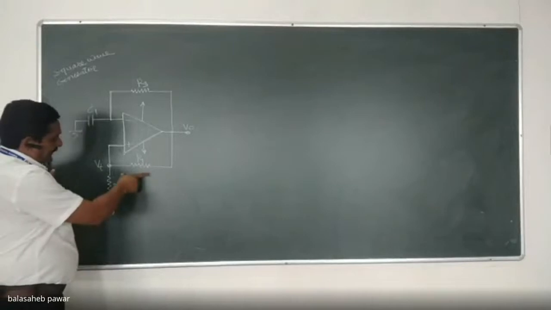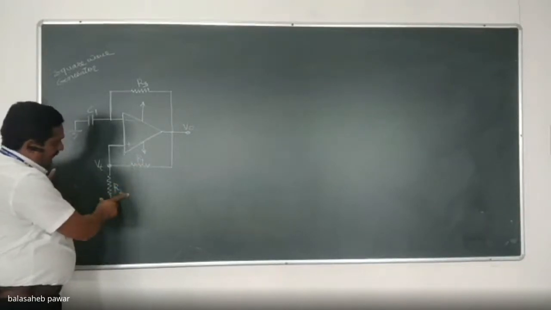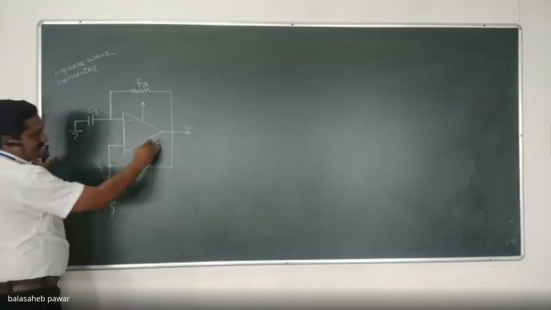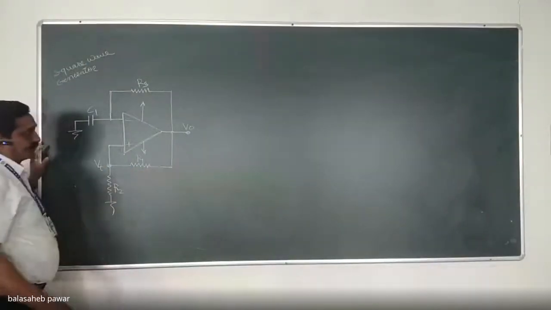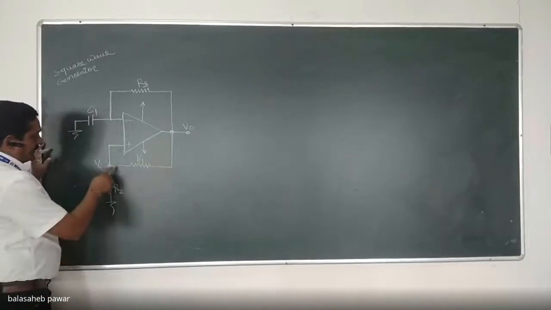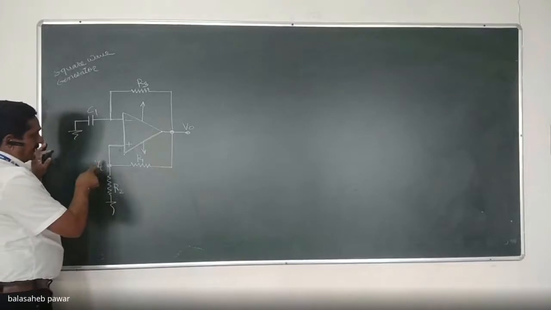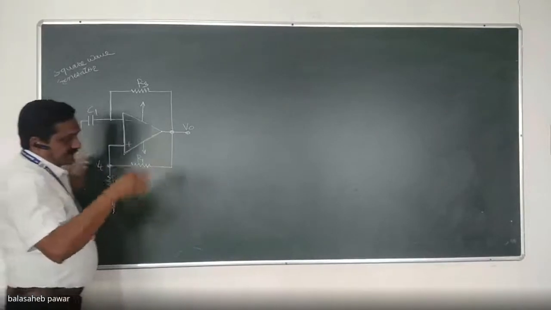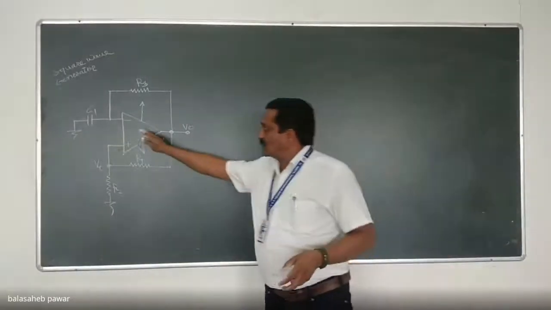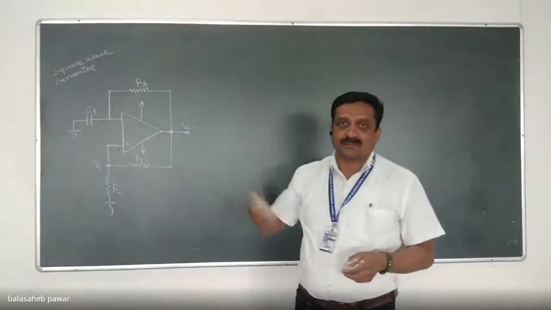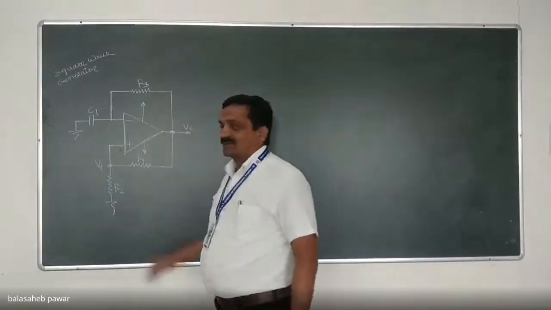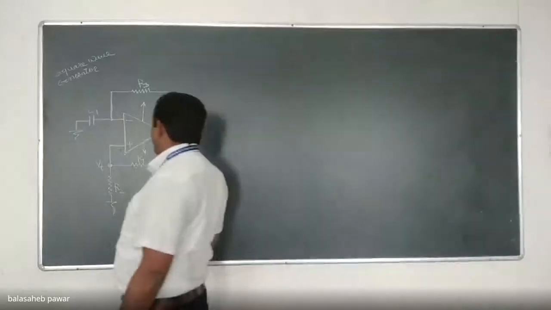See, same as the Schmitt trigger, resistors R1 and R2 form a voltage divider. So initially, whatever may be the output voltage due to the offset voltage, either plus Vsat or minus Vsat, accordingly this threshold voltage will get generated, and by the nature of the threshold voltage, either negative or positive, the output of the op-amp will get forced to either plus Vsat or minus Vsat. Later on how it will work, I will explain.